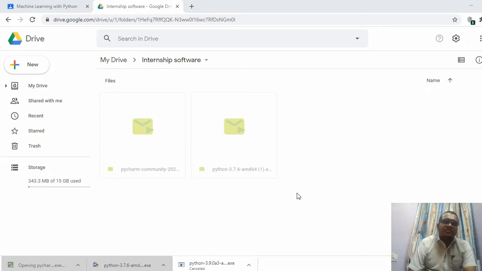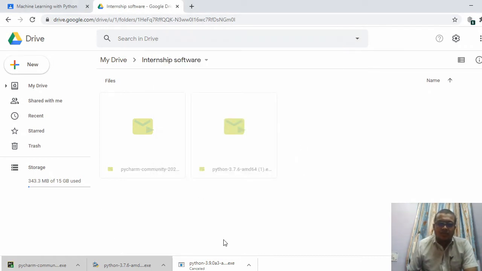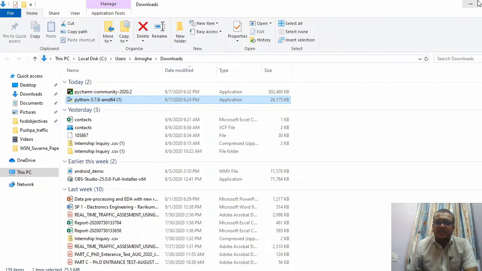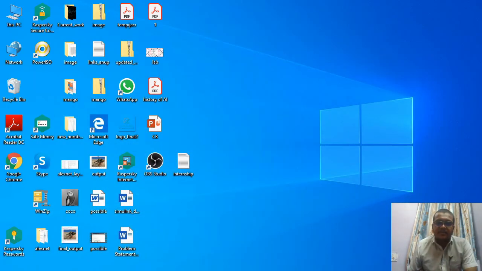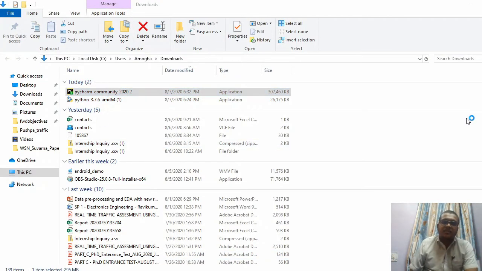Now I am clicking on the PyCharm Community installer, which is software downloaded from the internet. PyCharm comes in two to three types. One is a business version, another is for education and community purposes.